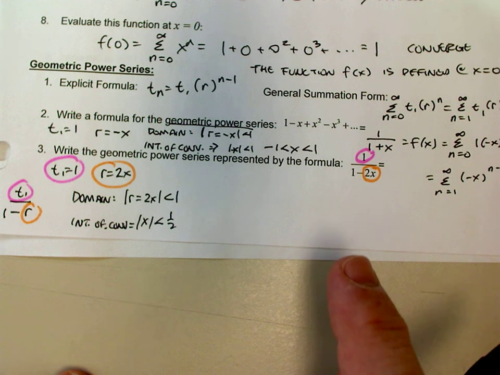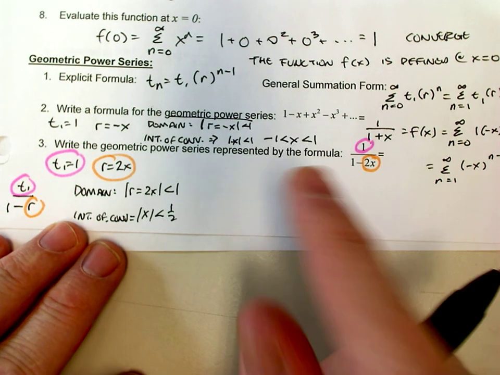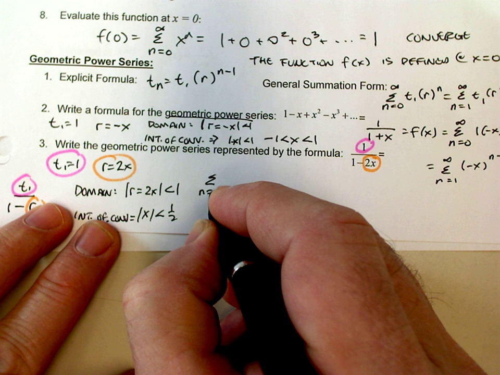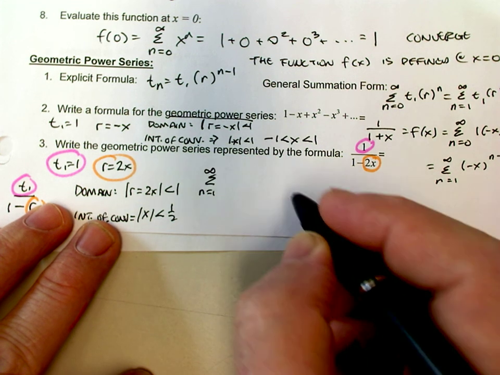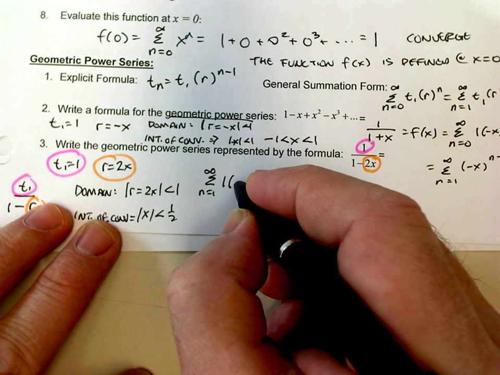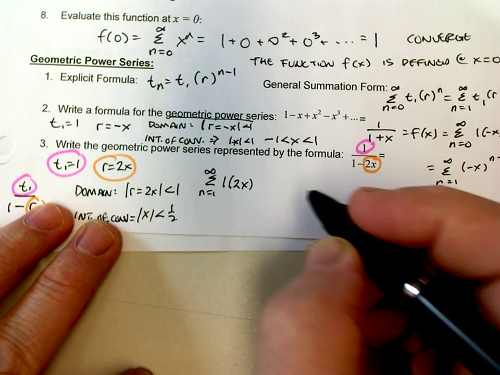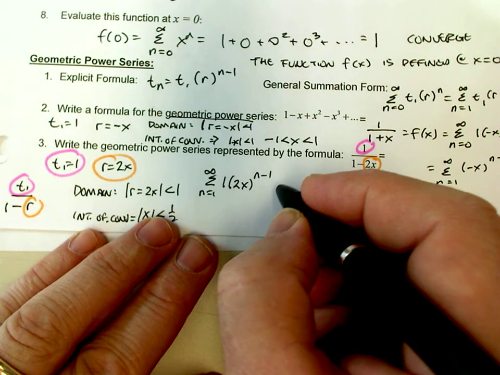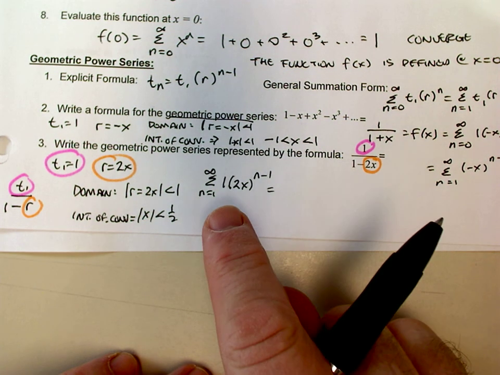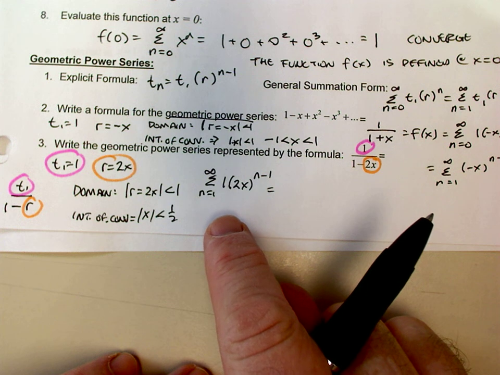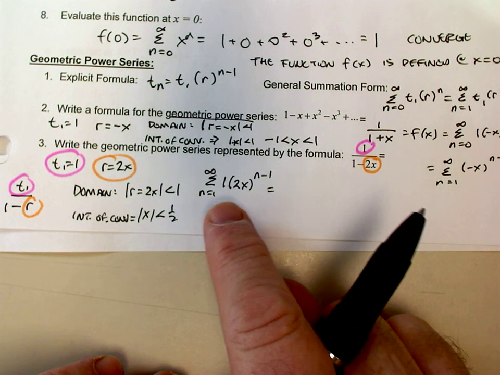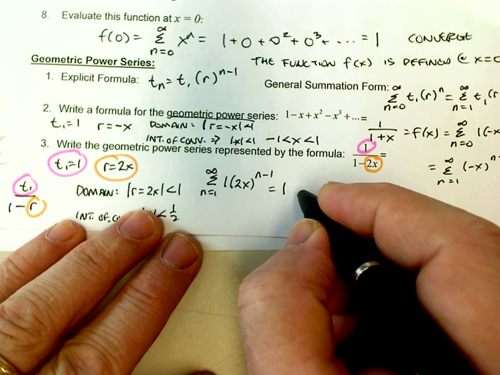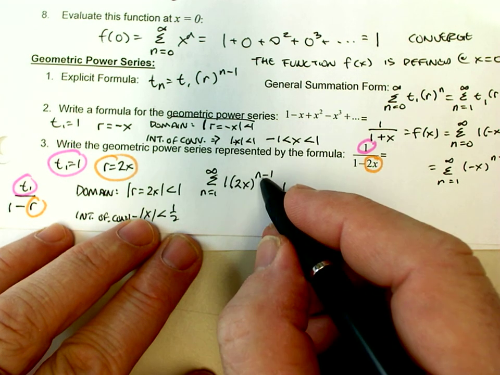So let's write our formula for this. This, of course, will be the summation from n equals 1 to infinity of our first term, 1, times our common ratio, 2x raised to the n minus 1 power. Which means when we get n equals 1, this will be 2x to the 0 power, or 1,